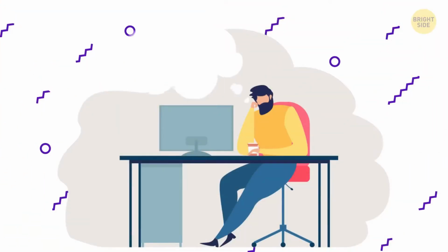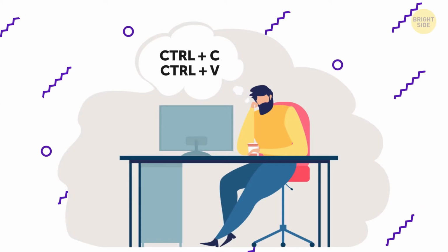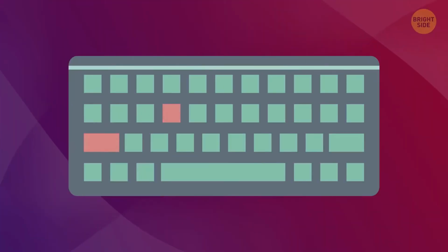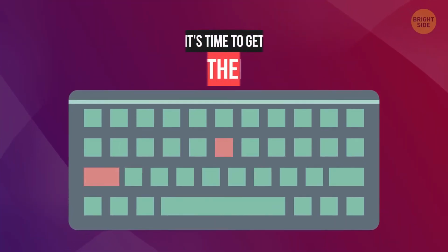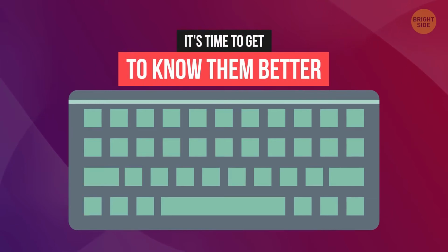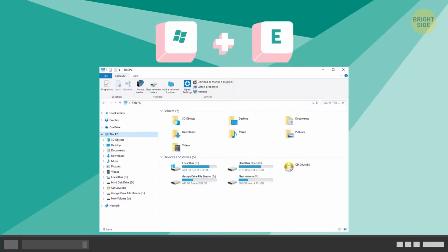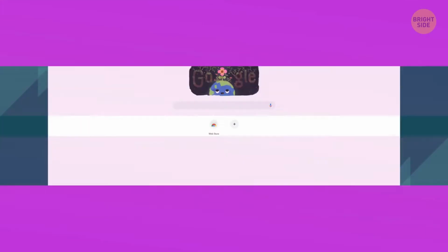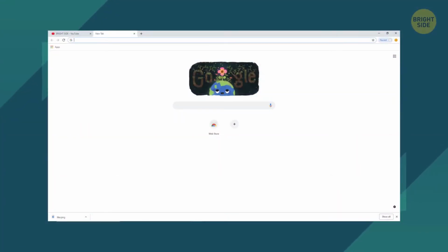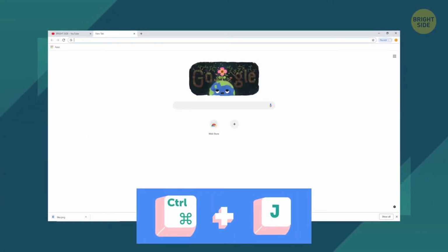You can probably name a couple of shortcuts with letters off the top of your head right now, but there are way more of them than you think. So it's time to get to know the most fascinating ones better. Pressing E together with the Windows logo key opens up Explorer, so you can instantly find a file you need. If you want quick access to the download window in your browser, click Ctrl with J or Command and J